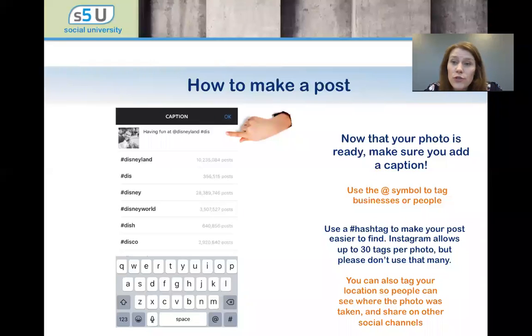The other thing that you can do on Instagram, and you can do this with a lot of other social channels too, is that you can tag your location so that people can see where you took the photo. So that's kind of cool. And then the other thing is, again, every time you do that post, it will allow you to pick which other social channels you want to share it on. So I could pick this, and it will also give me that drop-down menu and say, do you want to share it on Facebook, Twitter, whatever other accounts I've got connected.